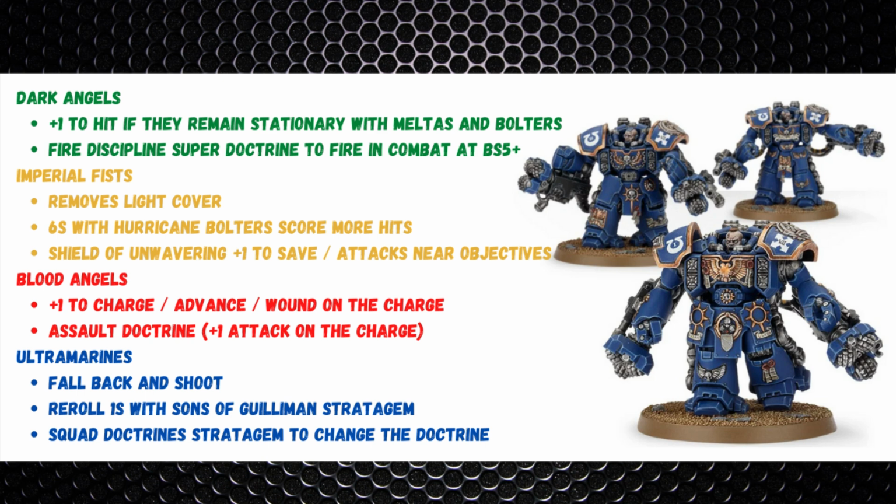Imperial Fist, remove light cover. With the Omniscope, you already do that. But if you did combat squad them, the unit that doesn't have the Sergeant could still have the ability to remove the light cover. 6s with their Hurricane Bolters are going to score more hits, which could be really good because you've got a lot of attacks. You've got a lot of shots coming from the Hurricane Bolters, so more chance of getting more 6s. And they've got the Shield of the Unwavering for a +1 to their armor save and +1 to their attacks